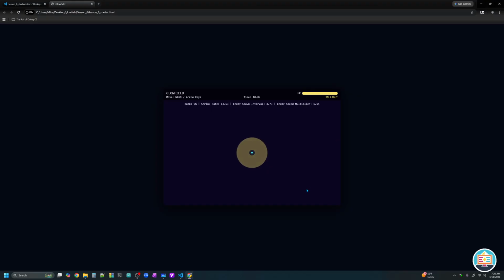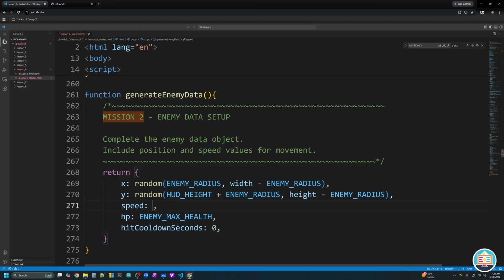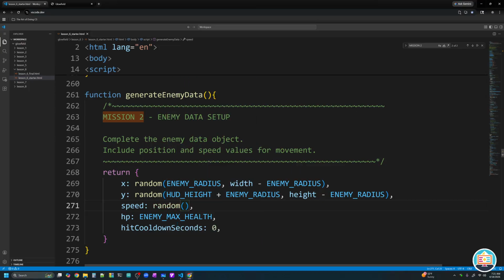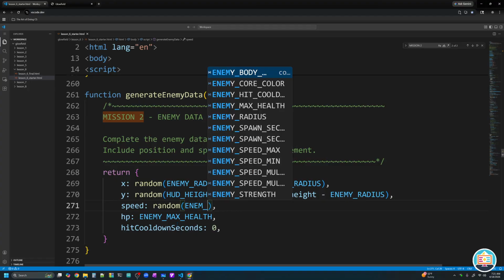So we can create one here, here, here, here. But they're all motionless. The speed is set to 0. So we have to give them some speed. We could give them a speed of, say, 100, but then every enemy is going to be traveling at the same speed. We don't want that. So we know that we've already set for mission 1 a minimum speed and a maximum speed to choose from. We're going to pass those into the random function. So we'll do random enemy